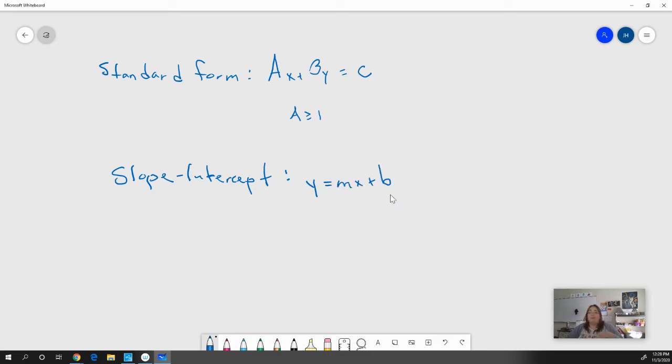They don't necessarily know it's called slope intercept form, but they all can shout out y equals mx plus b. And the reason we call y equals mx plus b slope intercept form is because